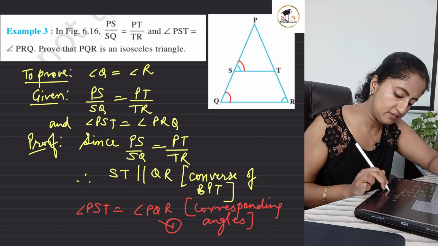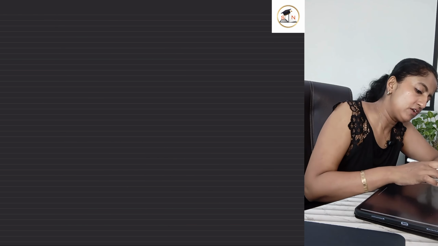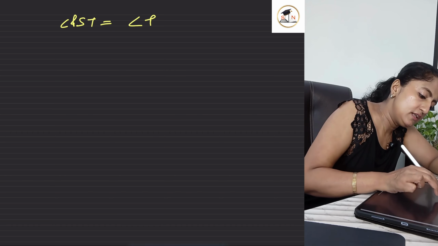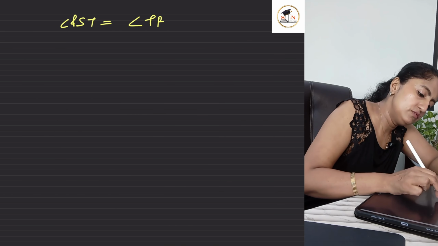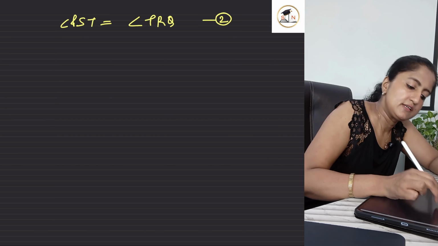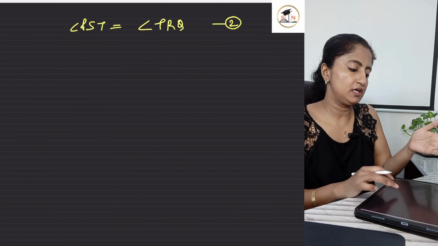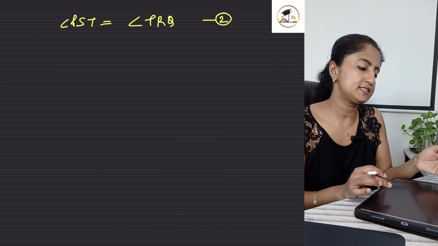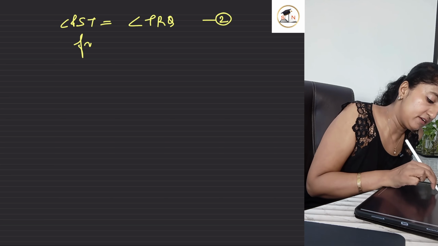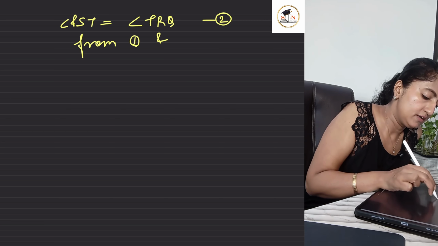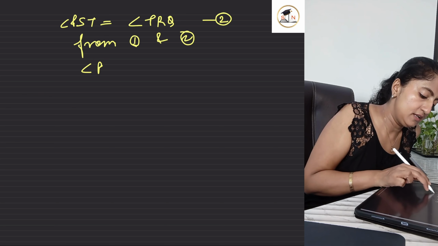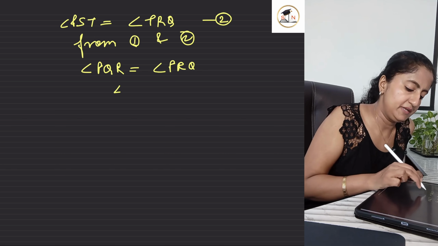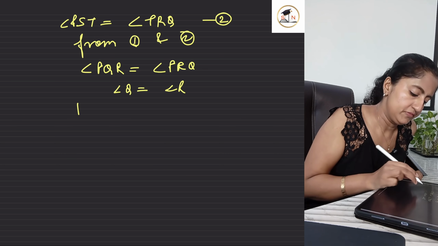I'll mark this one now, right? And then we are already given that angle PST equals angle PRQ, right? This is the second. Now, if you compare first and second that we have marked, PST equals PQR and PST equals PRQ. So we will write from 1 and 2, angle PQR equals angle PRQ. That means angle Q equals angle R. Hence,